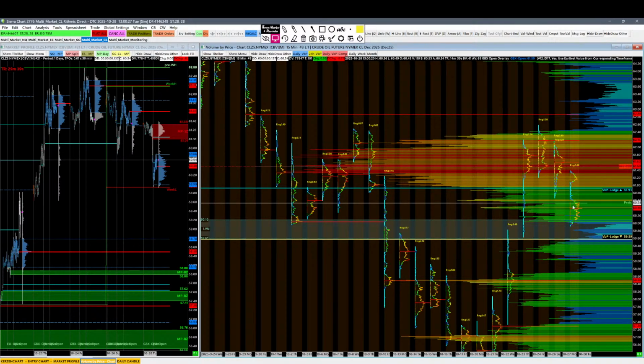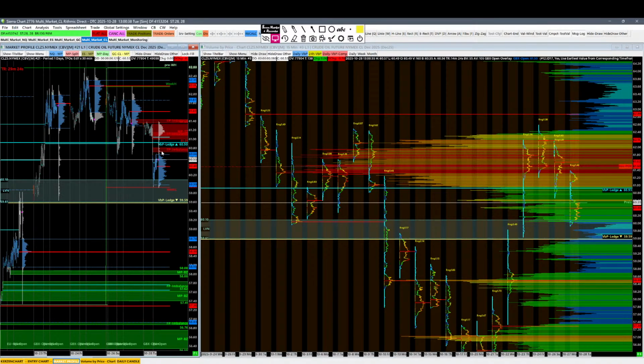I'm looking for a pullback into the market profile sell area. I have marked around 61 to 61.33. On the way up there, I have identified some imbalances on the footprint chart, so watch those. If we don't get an immediate reaction of the sell zone of the market profile, I would be careful shorting